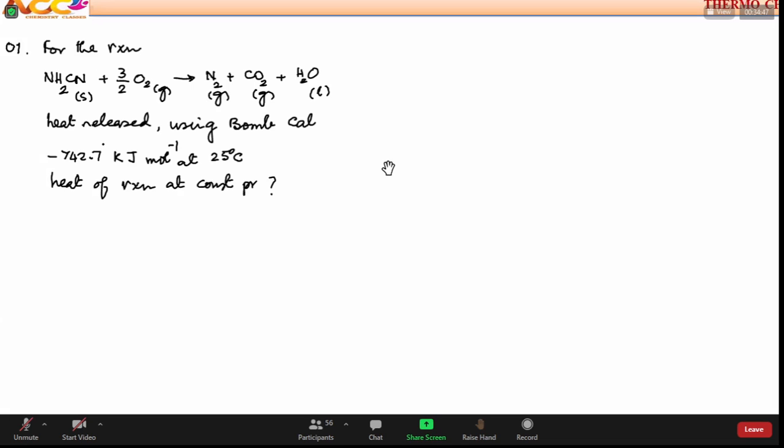I am classifying the problems in terms of what we have learned in the sequence. We have said a number of things in terms of enthalpy, but examiners and book authors use the word heat of reaction. Scientific language is enthalpy, but when we use the word heat of reaction, there is a possibility of twisting the question, so they like this word. The scientific word is enthalpy of reaction. But why are we saying so? Whenever you say the word heat of reaction,